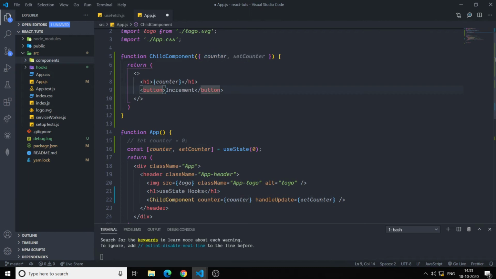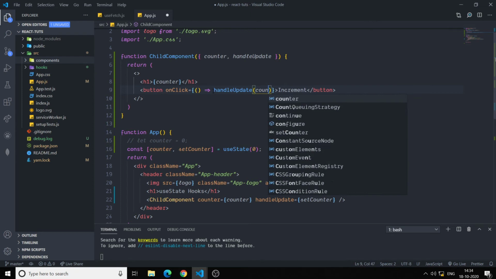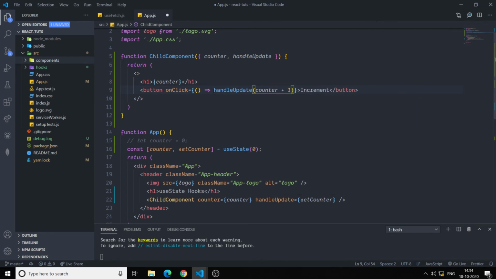Similarly, I can also use the onClick to increment the change. That should not be setCounter, that will be handleUpdate because we passed it here as handleUpdate. Sorry for that. So we can write handleUpdate, and we can pass counter + 1.